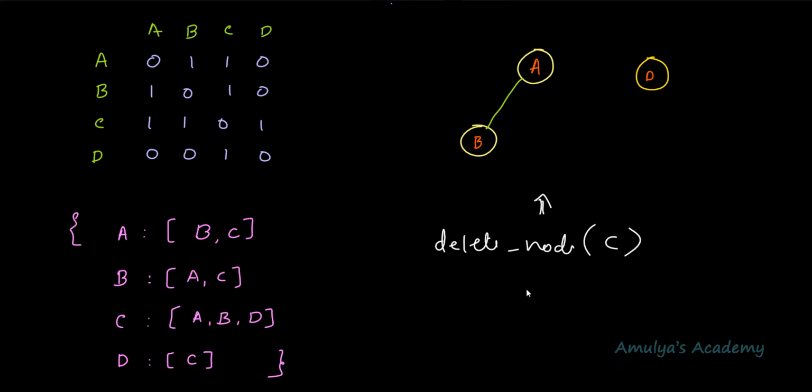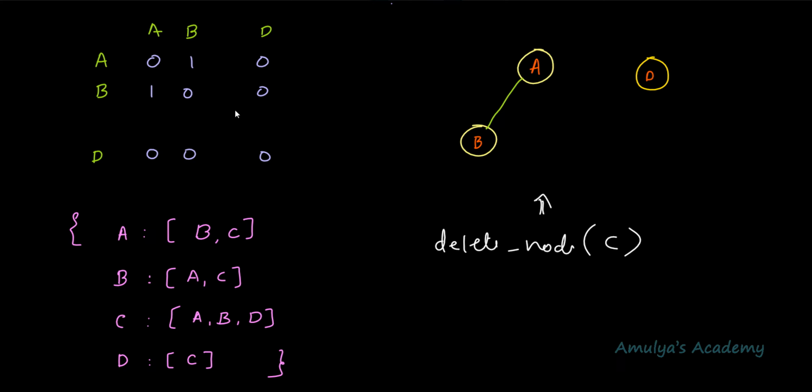And here in this operation, we deleted the node C. That's why here we need to delete the row C as well as column of C. Now here you can see in the adjacency matrix, node C is deleted as well as all the connection or edges connected to node C is also deleted. This is about the adjacency matrix representation after deleting a node.